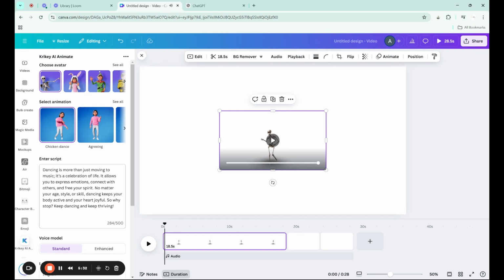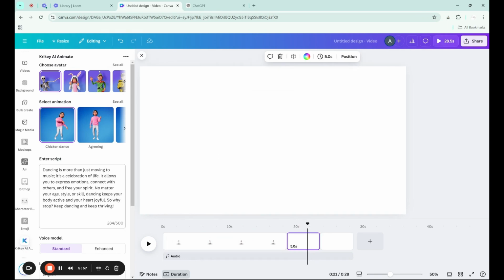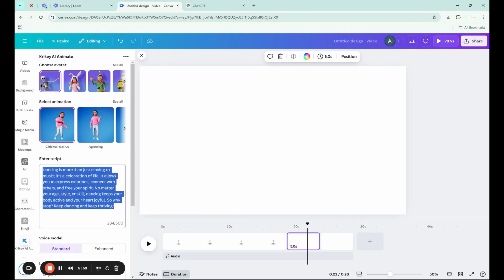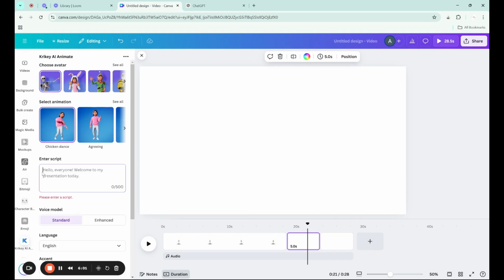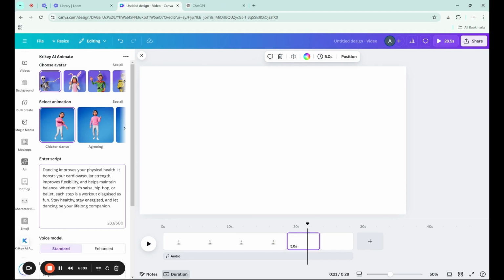That is cute. You know what? I think I'm actually going to take this and break it up instead of having 4 pages because that felt so long. So dancing is more than just moving to music. It's a celebration of life. It allows you to express emotions, connect with others, and free your spirit. I'm going to keep it for now. I know what we can do to change this up a little bit. So I'm going to paste this one